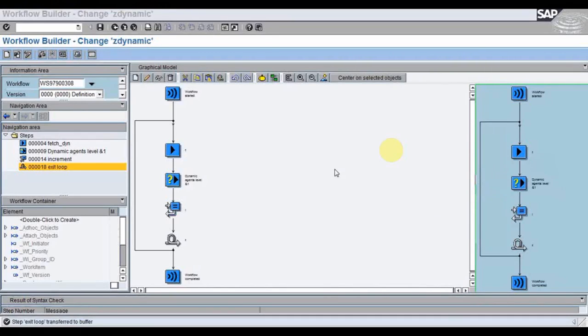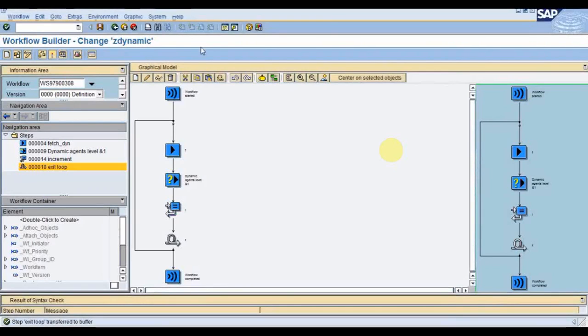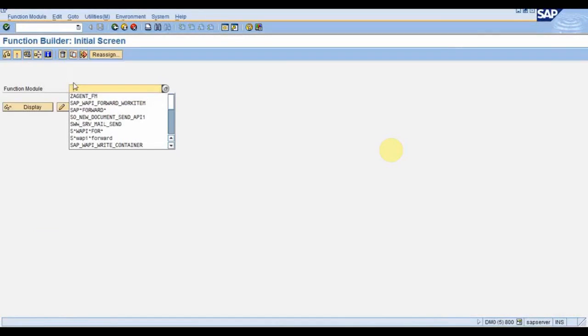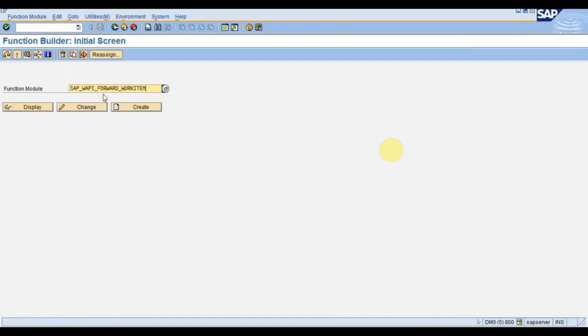Instead of that function module, has SAP provided any classes? We have classes for sending notifications. The BCS class is available, and it has a number of methods you can use. For completion of the workflow, like forward work item, we generally use the function modules provided by SAP WAPI.